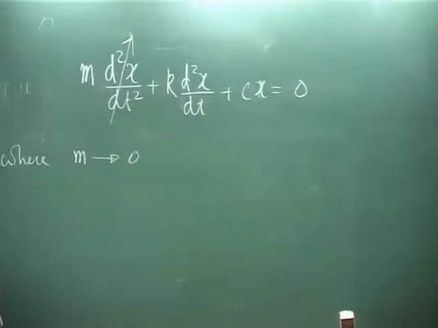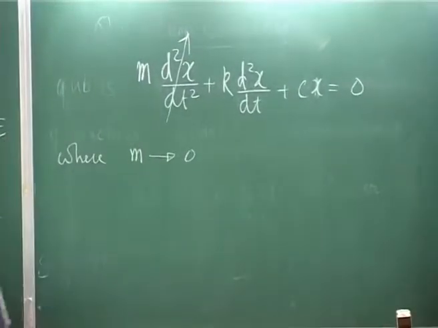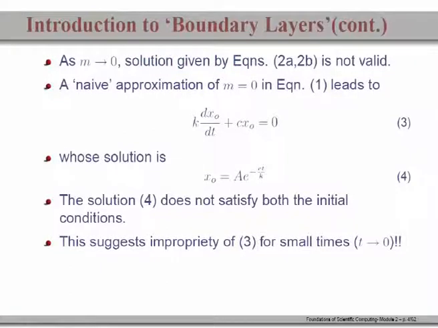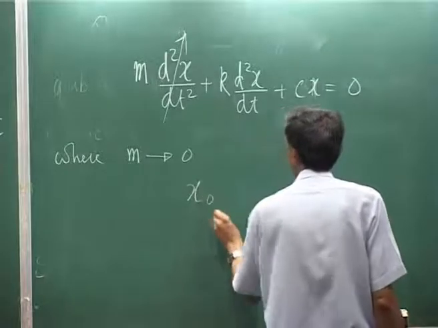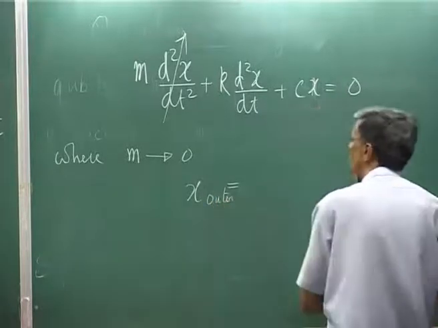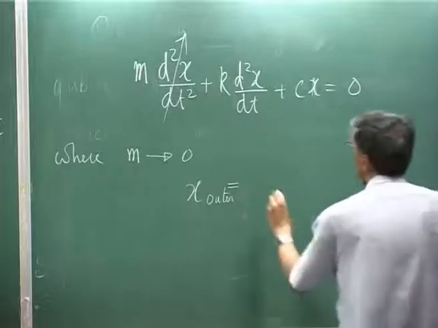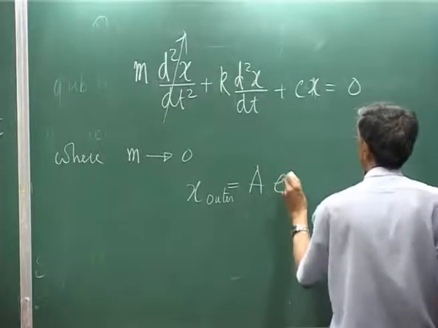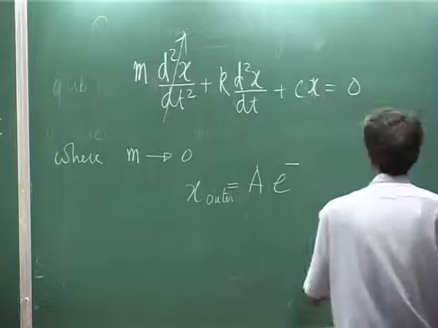Because that changes the order of the system. That changes the order of the system. What you notice is that it would immediately yield a solution, which I have purposely written with a subscript O, to imply, I will explain to you what I mean by that, and that would be